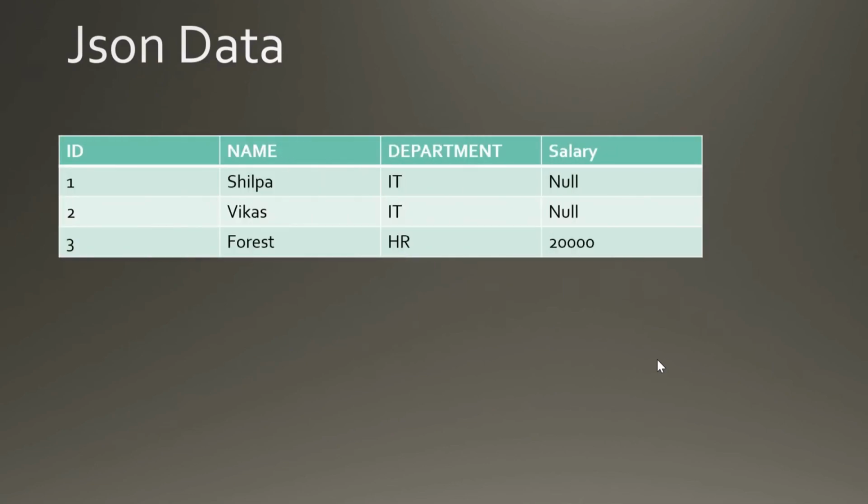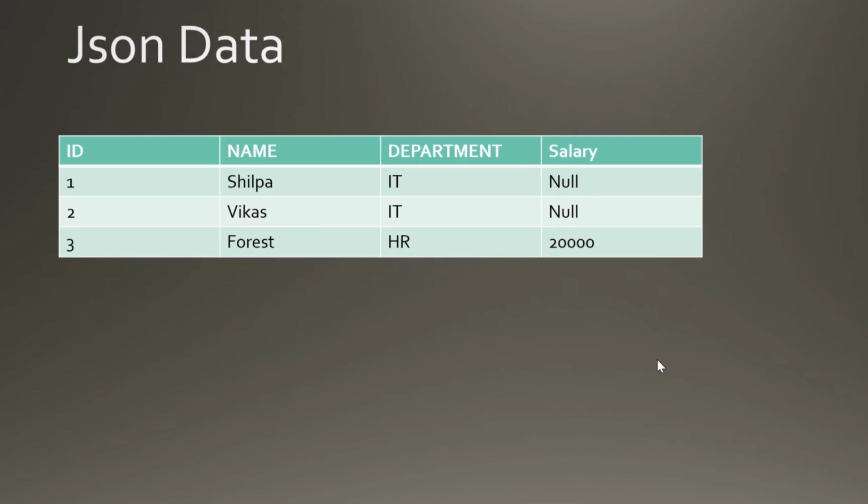Now, let's say I have data with 3 rows, 1, 2 and 3, and only ID 3 has a salary, and the rest of the data doesn't have a salary. In a table, you would have to create a separate column called salary, put that data in, and set the rest as null.